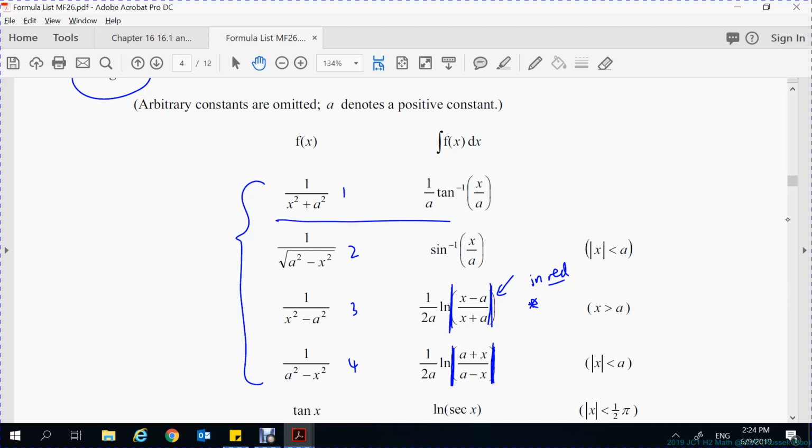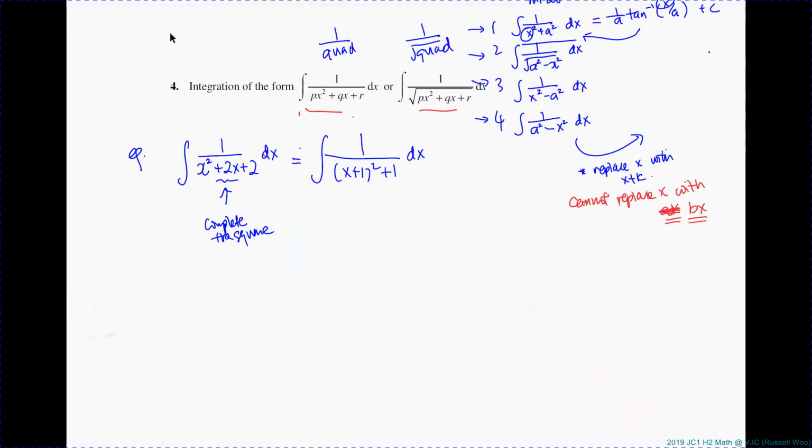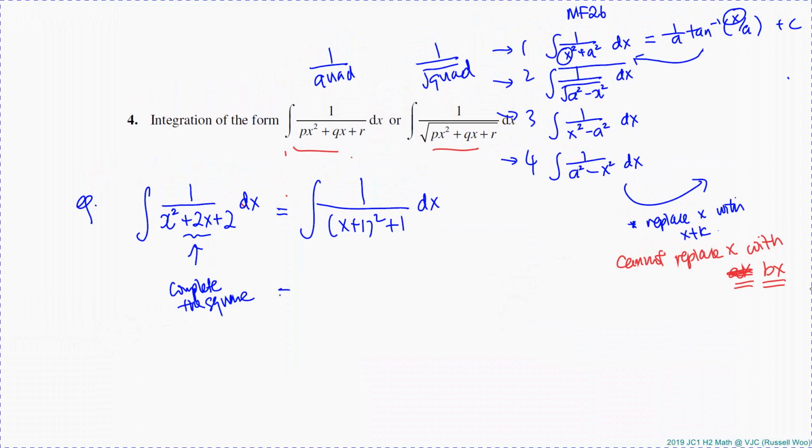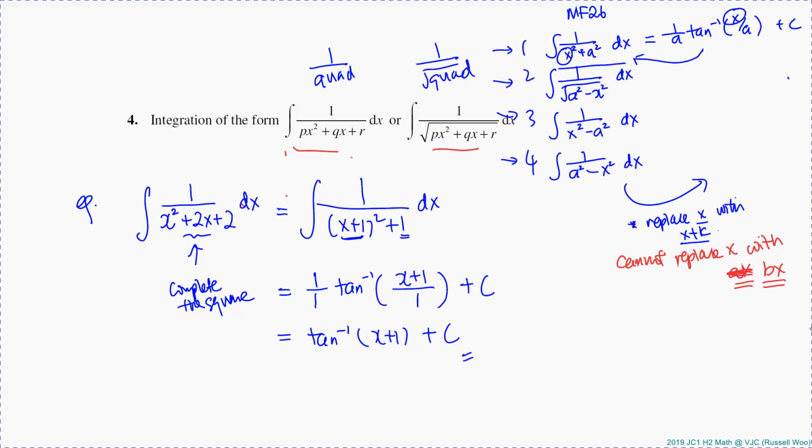So in our case, we're going to look at this line by our example. Alright? Let's see this example. Here, let's go back to this example. 1 over x plus 1 square plus 1 square. You look at here, you can replace x with x plus 2. So therefore, it is 1 over 1 tangent inverse x plus 1 over 1 plus c. Of course, it's an easy example, but you get it. Alright? For the rest,